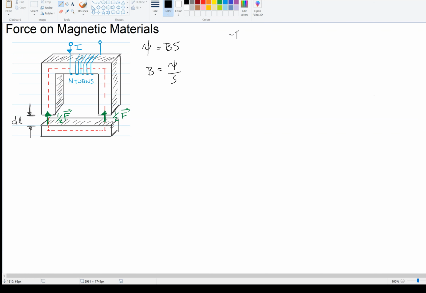So the energy or the work required to move the piece would be F dot dl, or F times L, since F and L are in the same direction, and the negative is, this is the work energy theorem, the negative says that we are closing the gap, so we need that negative there. So we want to know, how is this differential work, that is the work required to move this thing dl, how is this related to the